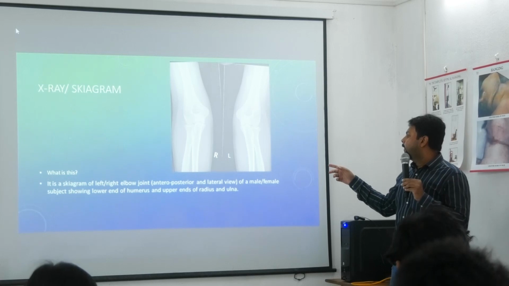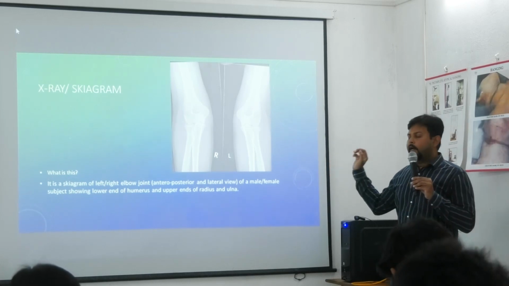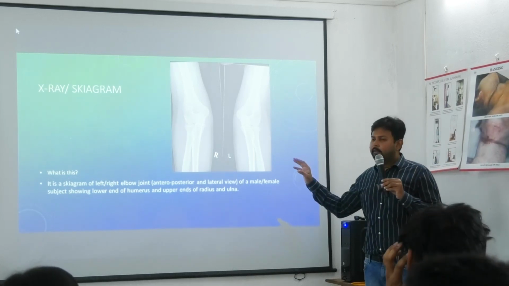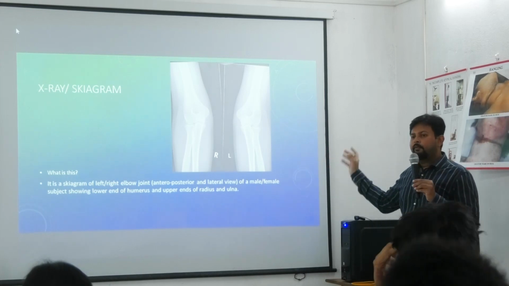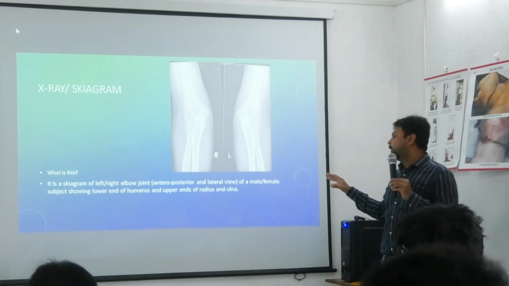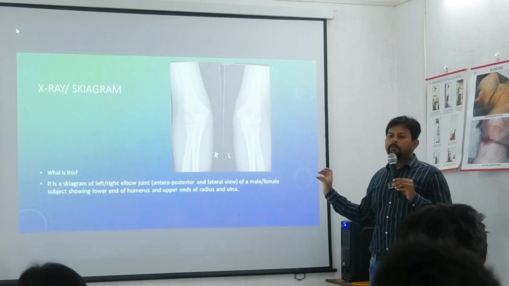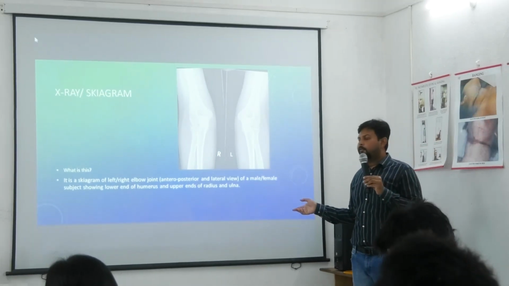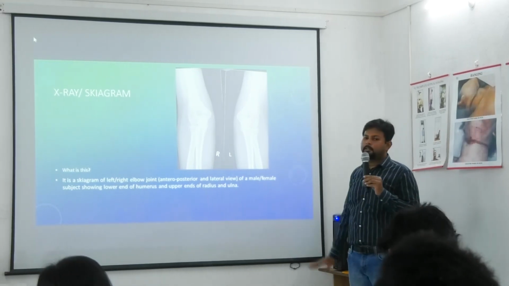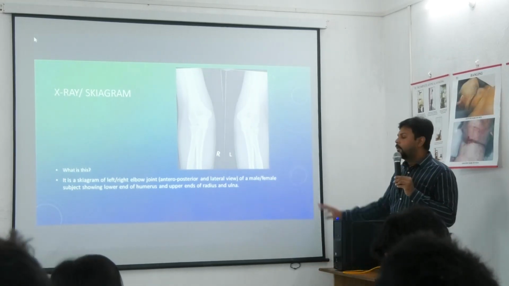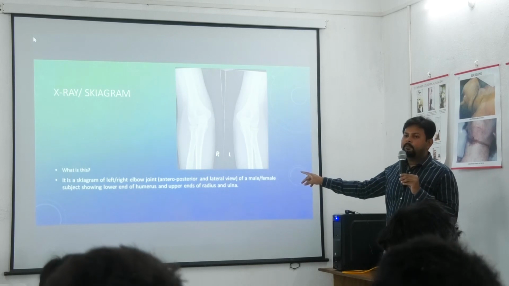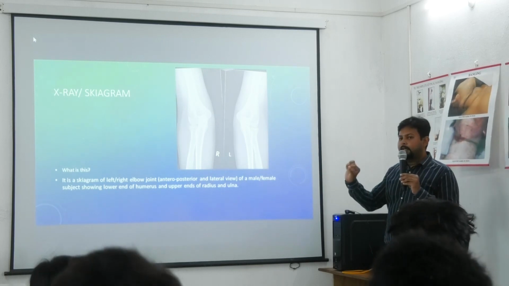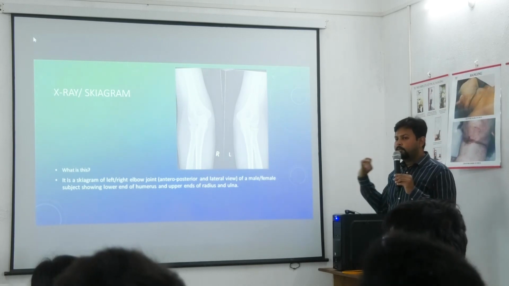What would you write? This is a sciagram of left or right wrist of male or female, ঠিক আছে? showing carpal bones, এগুলো ওটা হতো রিস্ট জয়েন্টের জন্য, কিন্তু আমরা এখন এলবো জয়েন্ট করছি, তো এলবো জয়েন্টে কি কি আমরা দেখতে পাচ্ছি ওগুলো লিখতে হবে, ঠিক আছে? হয়ে গেল। এটা হলো ফার্স্ট পার্ট, যেটা তোমরা এক্সামে খাতাতে লিখবে, it is a sciagram বলে শুরু করবে।